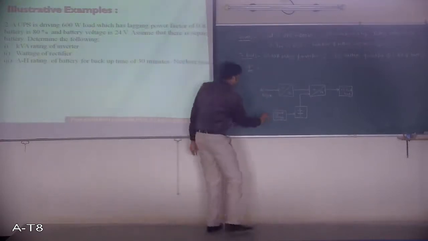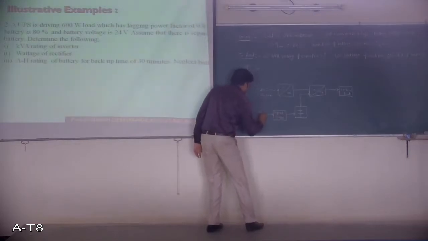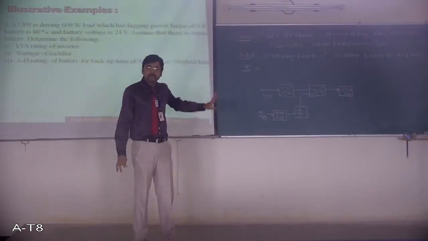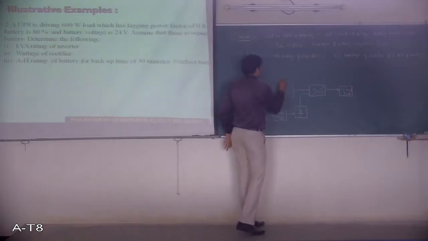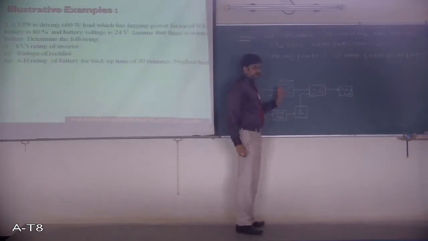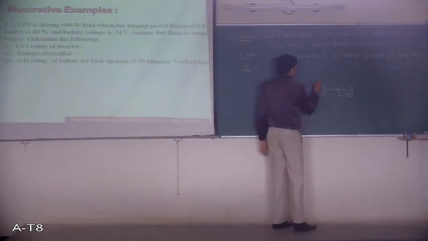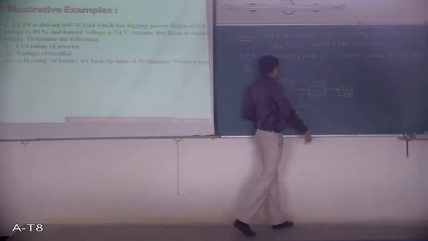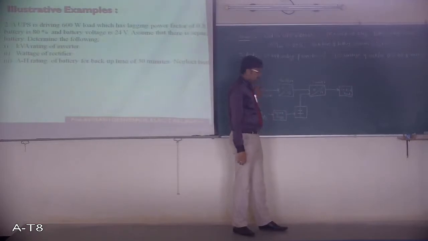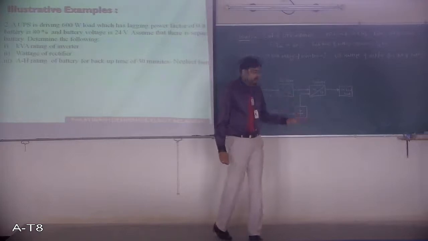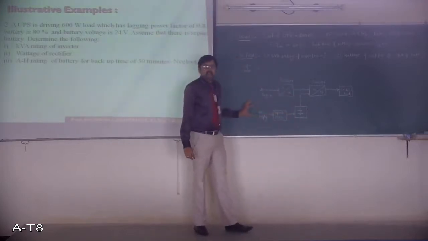Okay, so for this again AC is given. According to this problem statement, the configuration looks something like this. AC is getting converted into DC by this rectifier, and this will be further converted to AC by this inverter. Whenever AC supply is available, it is feeding the load directly, and whenever the grid fails, battery supply comes into the picture through the inverter, feeding the load, but the only thing is the battery is charged